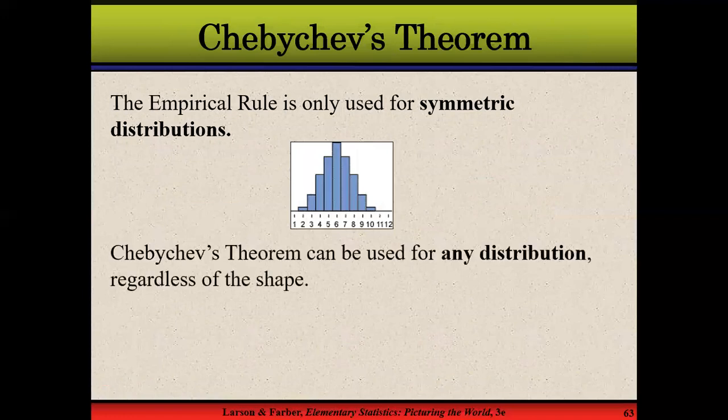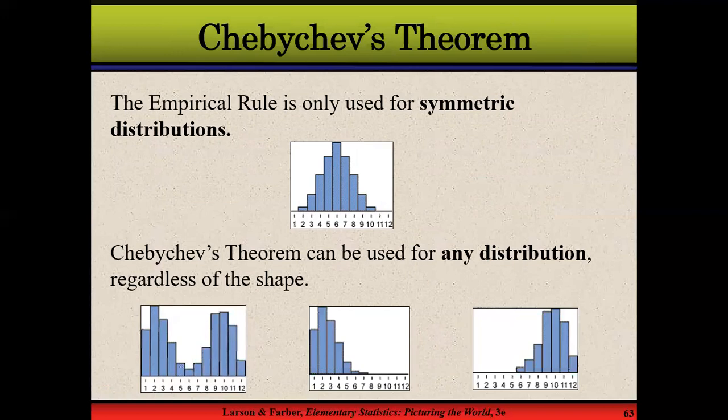What if the data is in any other shape? Then what do we have to do? Can we apply some rule that can give us information on what number of values fall between two certain values, between a particular space? Yes. One of the statisticians, called Chebyshev, actually came up with this rule, which is